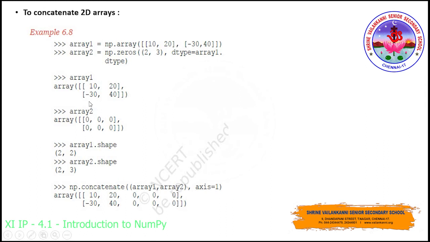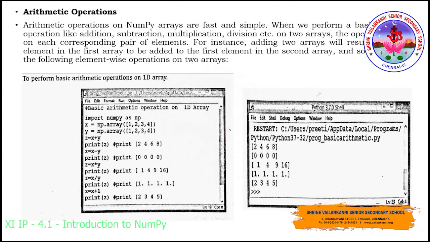So 1 in the sense, what will happen here, 10 20 30 40. See here, 10 20 30 and 40 will be arranged row wise. So 0 0 0, again 0 0 0. So this is how it works, concatenating a 2D array. Clear? And now let us discuss some of the operations, like arithmetic operations. So far we have discussed slicing and concatenating, and the arithmetic operations are even easier. So let us discuss a few more things related to this.